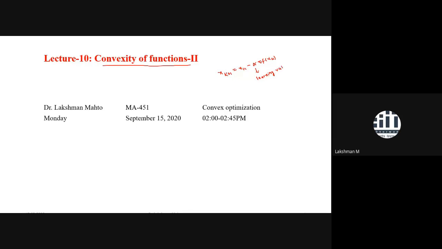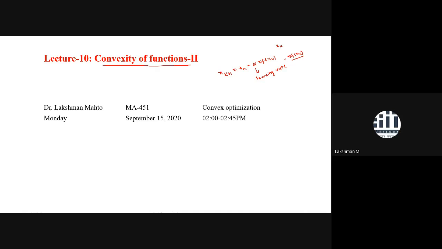It says how much of a step you are proceeding in the descent direction. Here you are taking the descent direction. Why? Because you are taking the negative direction of the gradient at that current point xk. That's why we can call this direction the descent direction, because there is a process of minimizing our function. Whatever function we have, we try to minimize. That's why we proceed in the descent direction from the current point. xk is the current point.